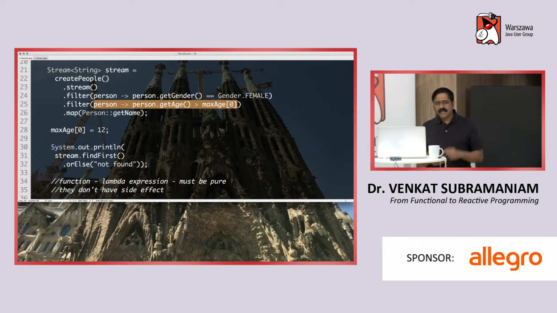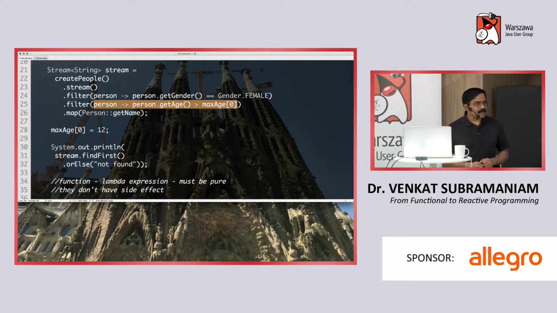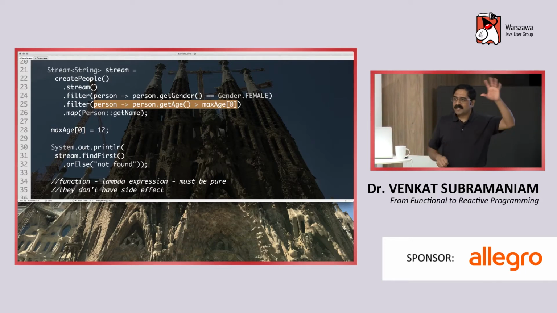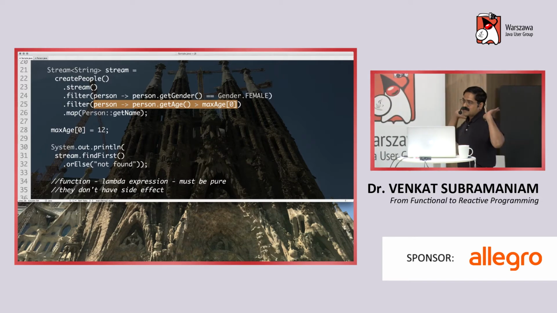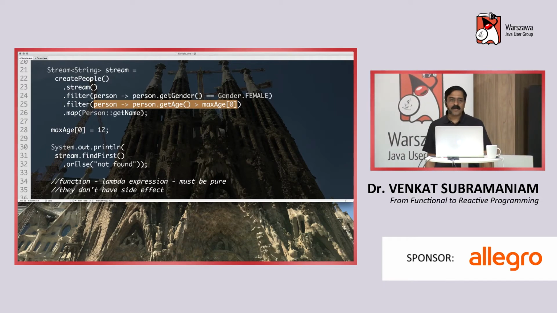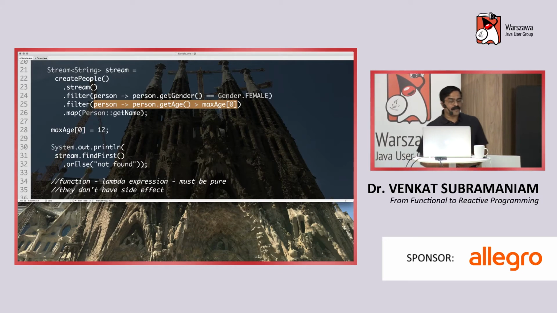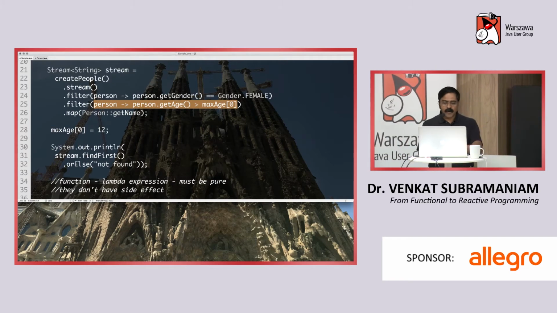Java especially is a little notch better than some of the other languages because it gives that little thin layer of protection. If it's a local variable, it says, don't mess with this. But if it's not a local variable, if the variable is on the heap, if the variable is an object member, then it throws its hands up and says, good luck with it, hope you know what you're doing, right? So it's our responsibility to make sure we don't mutate stuff, because the minute you bring in